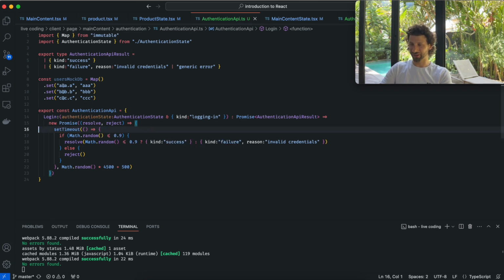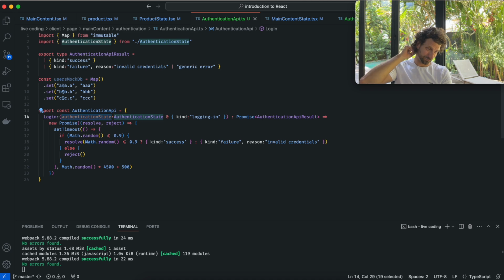Now, refer to the introduction to TypeScript course, but here what I'm doing is I'm saying, I want the authentication state, which is either logging in or logged in, and intersect the authentication state, which can be 2 options, with this kind here. And by intersecting it, I'm forcing the kind to be logging in, which means that we also need to have a password, which will also give a compiler error whenever we attempt calling login without having performed a reasonable check on the authentication state, because it doesn't make any sense to call login if we're logged in already,